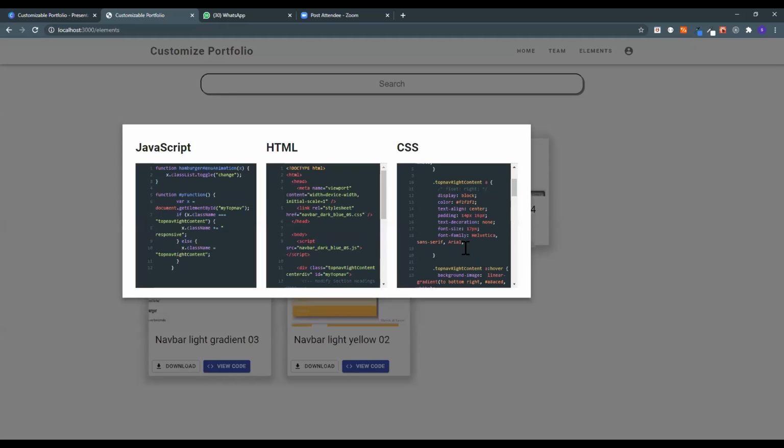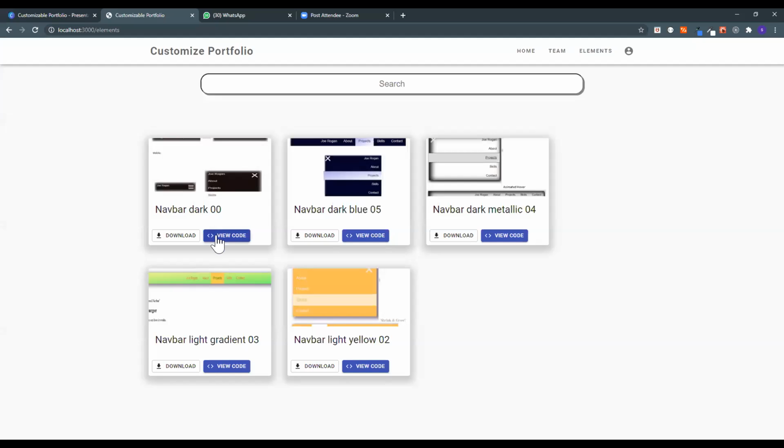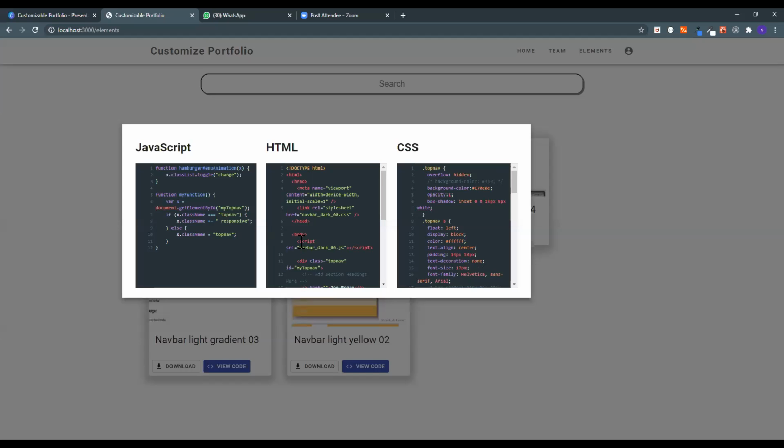So this is what we have in mind. This will make the process of making a website much easier and much more creative. People can experiment with this. If they don't like something, for example the dark blue color, maybe they want the black color. They can check it out with the black color.